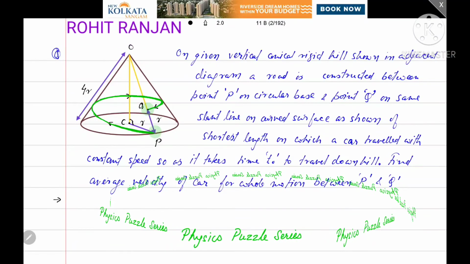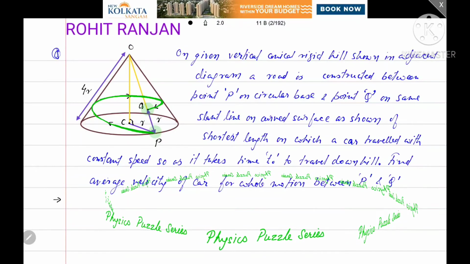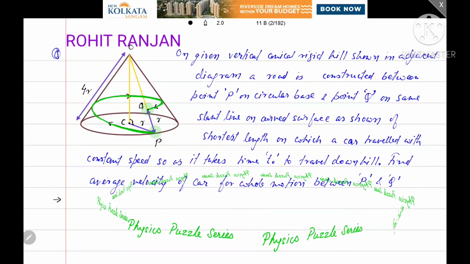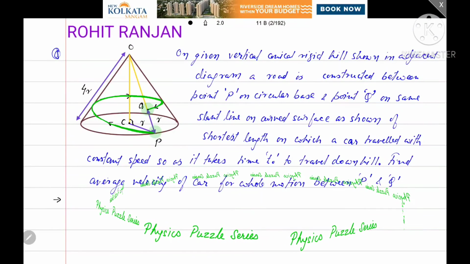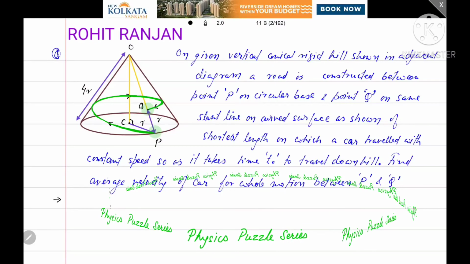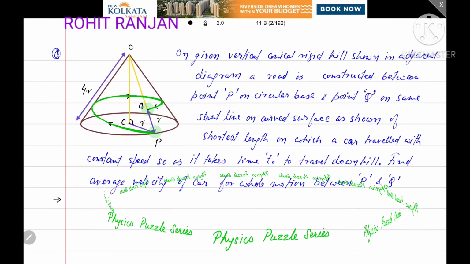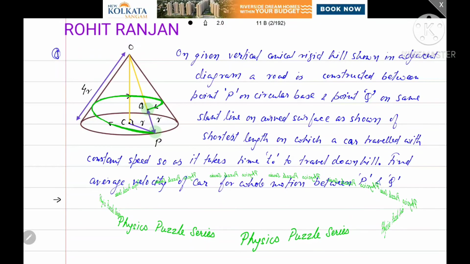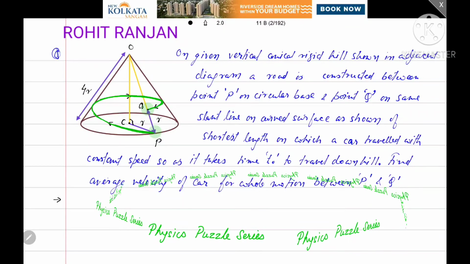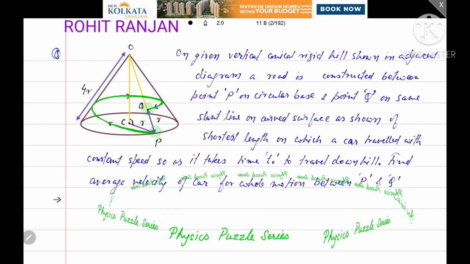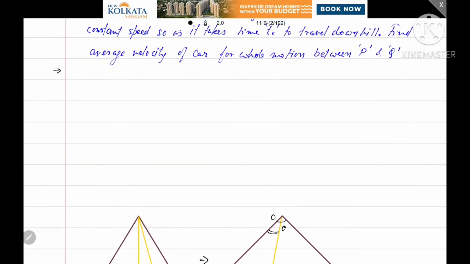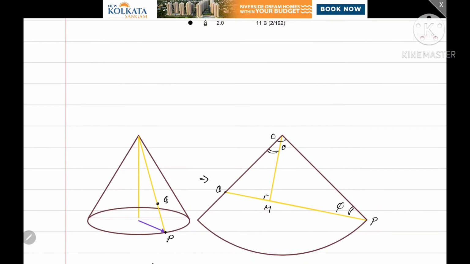Now let us do one thing. This question goes in 3 dimensions and for imagination of 3 dimensions it takes more time and is a tedious job. Now let us come to a solution. Let us assume this as a conical shell, and then from the line OP, the slant line on the curved surface, let us split it and then display it as a flat sector as shown in this diagram.